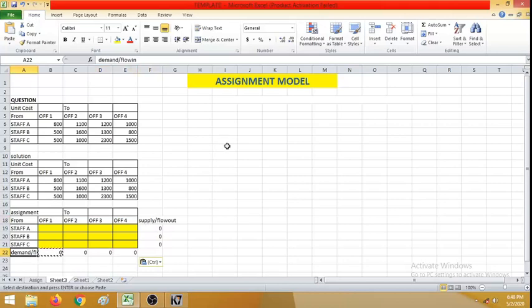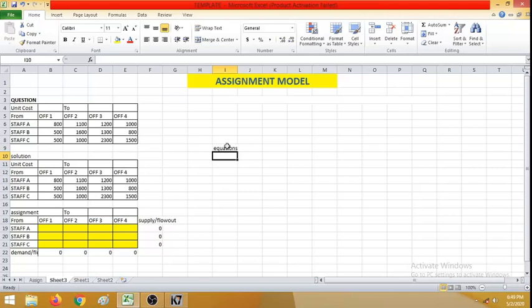So now I have defined the two matrices from which I am going to frame the equations, right? As you all know, the assignment problem works on linear programming logic. In linear programming, there are two things that have to be discussed. One is the objective function. The objective function can be a minimization or maximization. For an assignment model, always, or to the maximum extent, your objective function will be a minimization.